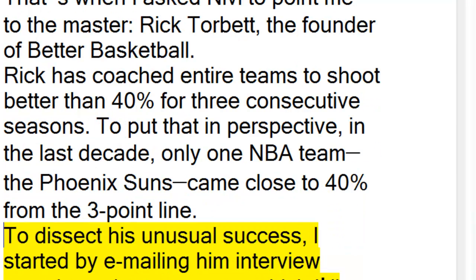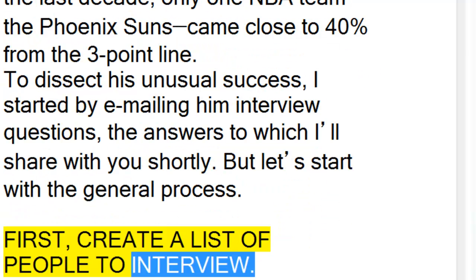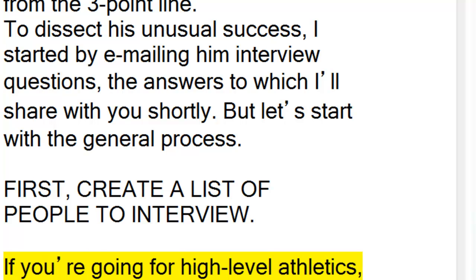from the 3-point line. To dissect his unusual success, I started by emailing him interview questions, the answers to which I'll share with you shortly. But let's start with the general process. First, create a list of people to interview. If you're going for high-level athletics, for instance,